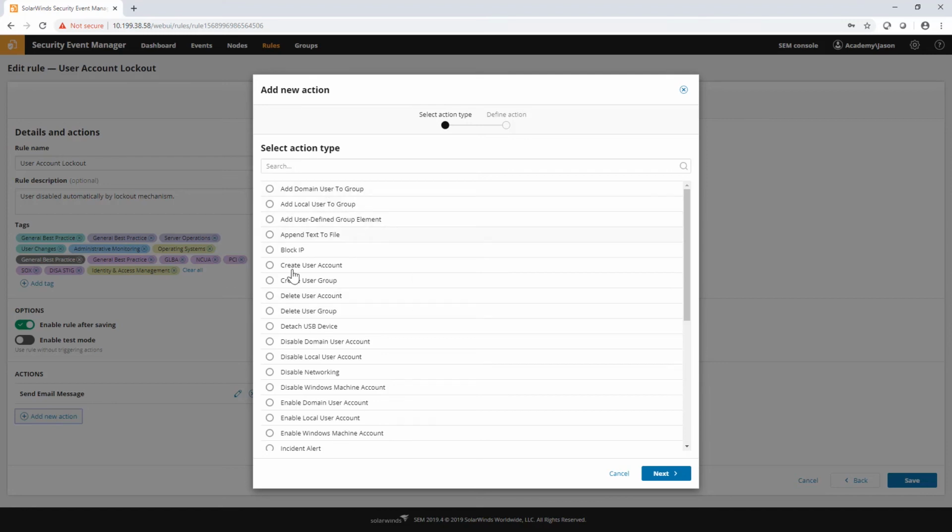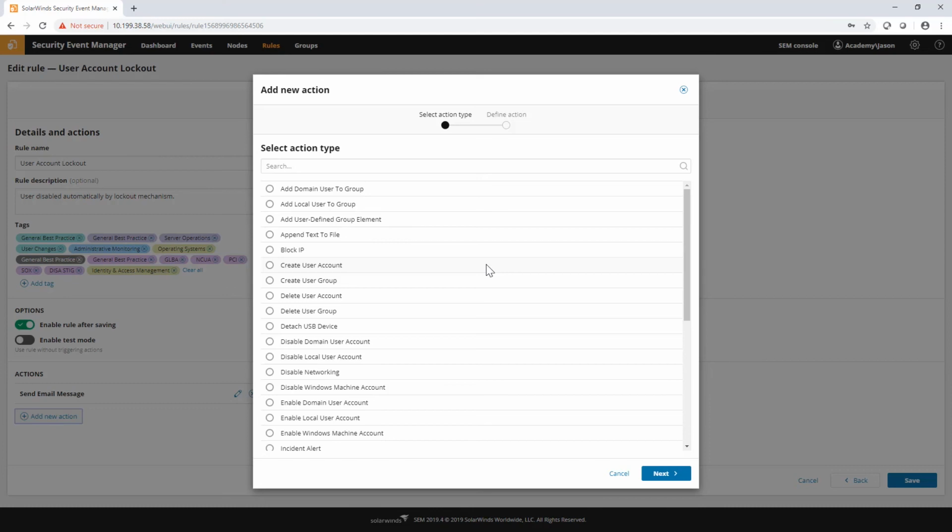Luckily, most of these actions are Windows associated. You'll see we have disable domain account, disable networking, send a pop-up message, create an account, add and remove groups. There's all sorts of Windows related actions we can associate with here. And these are all taken care of automatically because, as we discussed in the connectors video, all of the Windows agents deploy with a list of Windows connectors already, and one of them is the Windows Active Response connector. So all of your Windows machines are going to be good to go.